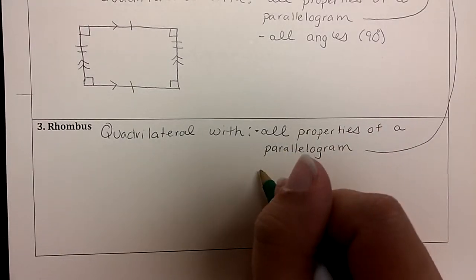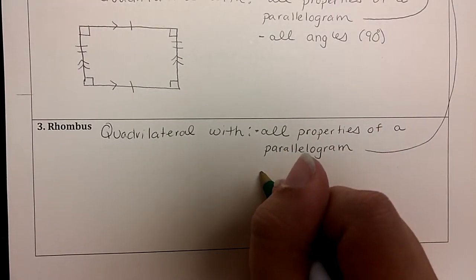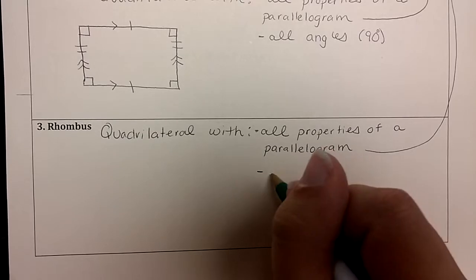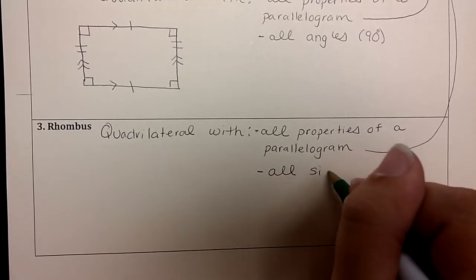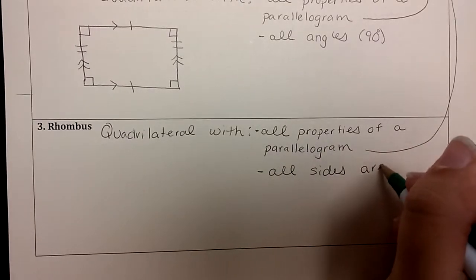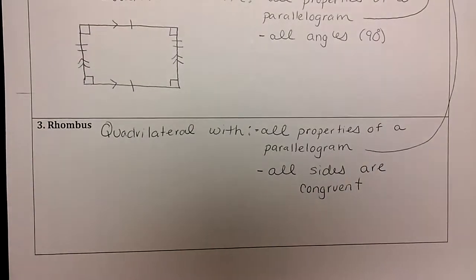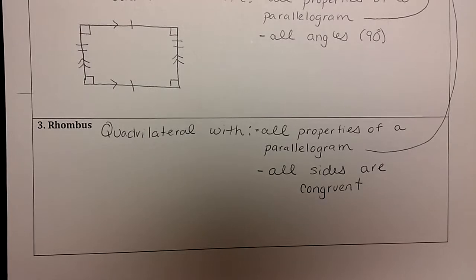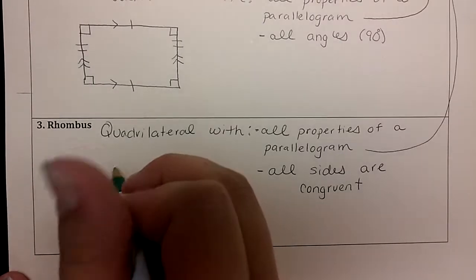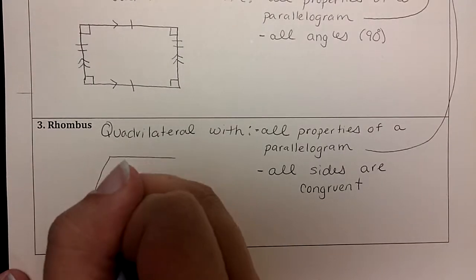But a rhombus gets more specific when it comes to side lengths. More specifically, in a rhombus, all of the sides are congruent. So opposite sides are still congruent, like it is for a parallelogram, but it's more specific now that all sides are congruent. So if I were to sketch a rhombus,